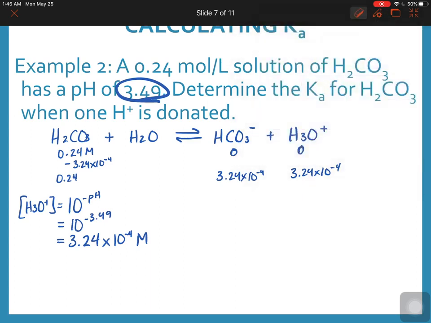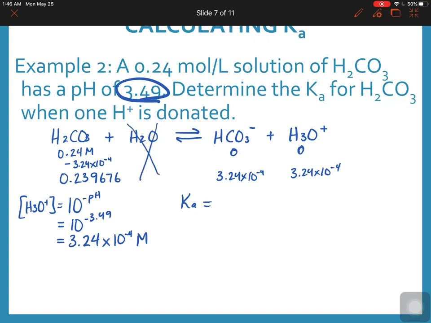And my final concentration there then is equal to 0.24 minus 3.24 to the exponent negative 4, which is 0.239676. So Ka, so we'd have the same type of expression, products over reactants, except that we are not using